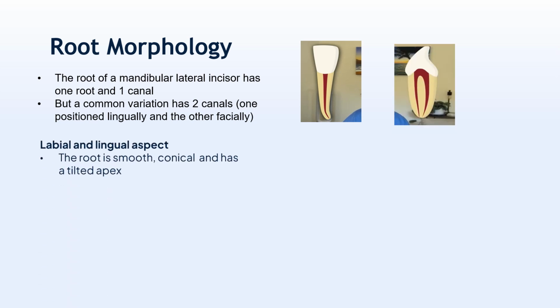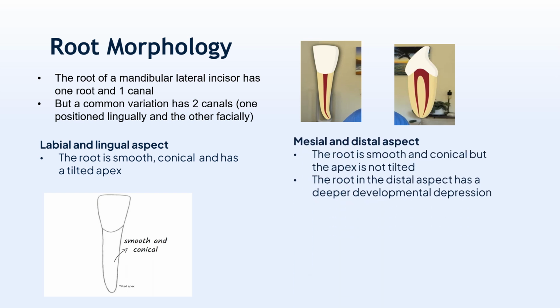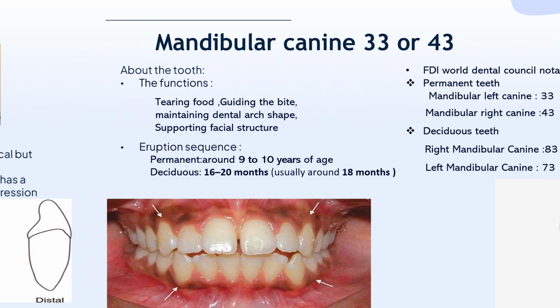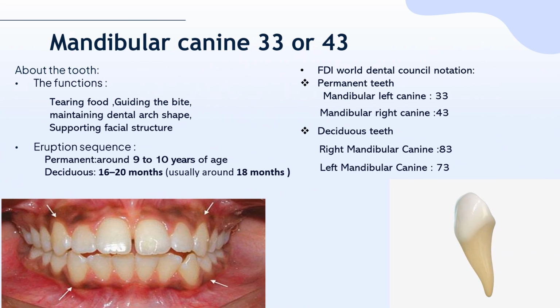Now, when we look at the root on a labial and lingual aspect, the root is smooth and conical, and it narrows as it goes down, but the apex is tilted. When we look at the root at the mesial and distal,